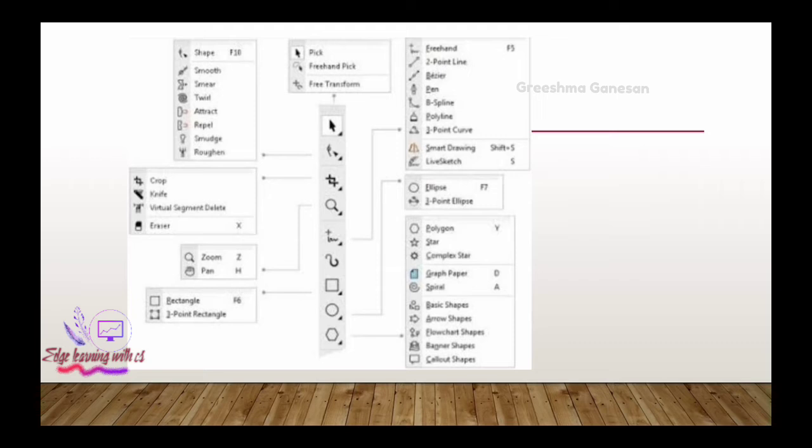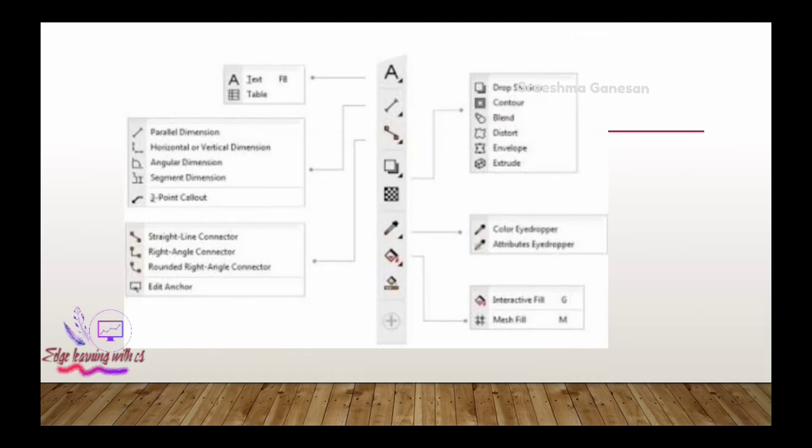So it gives you all the options available under that particular tool. So this is the image which will give you the complete idea about the tools available under each and every tool. We will discuss all these tools in the next chapter.